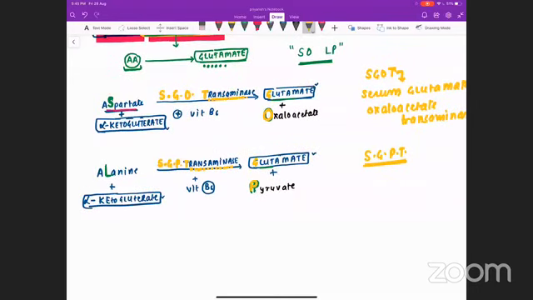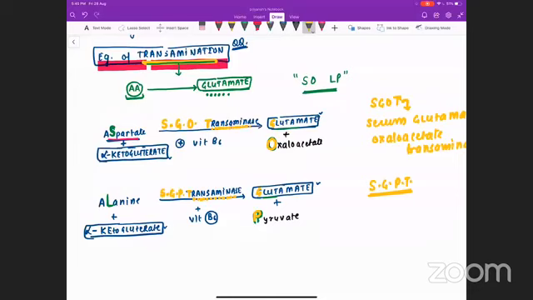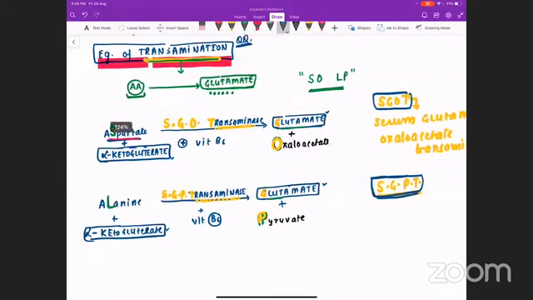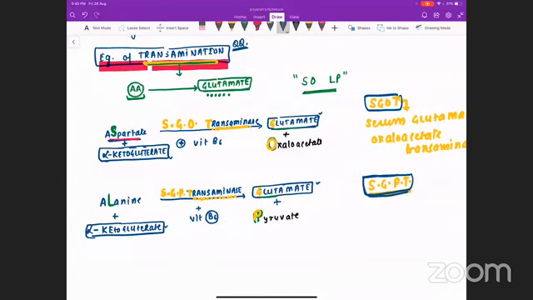You may have heard about these molecules, or maybe you have seen them in some reports also. They are components of the liver function test, SGOT, SGPT. Now you know where these two molecules are used in our body. They are used in the transamination reaction when the aspartate converts into glutamate and the alanine converts into glutamate. So these are the two examples of transamination reaction, and we are going to use these reactions multiple times. SGOT, SGPT.